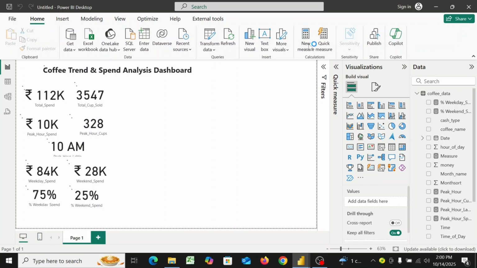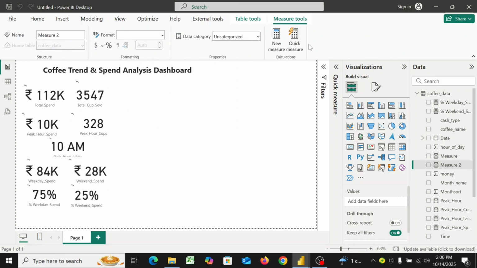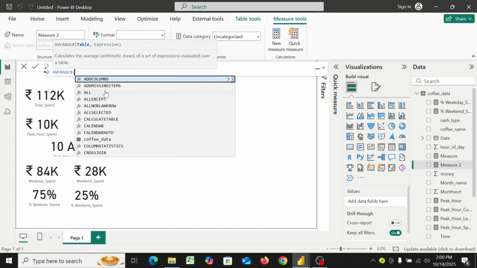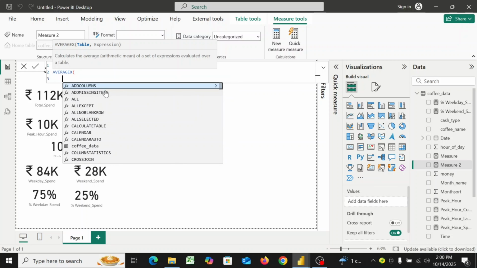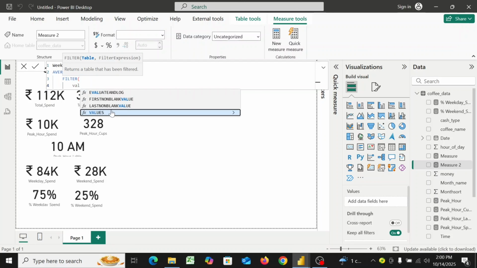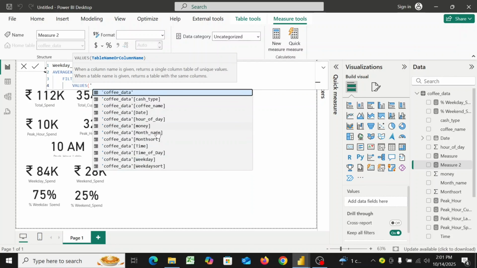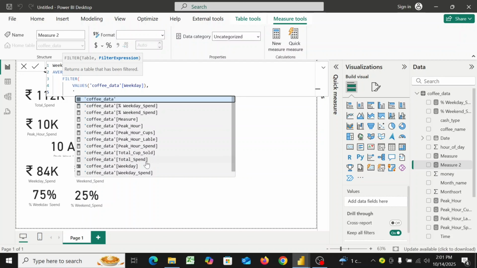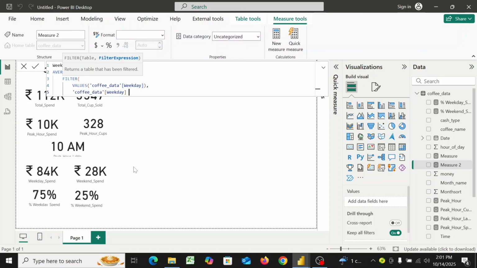Take a new measure to calculate the weekday average spend. Weekday average spend equals, use the average x function, filter the values of column of weekday, close the bracket, select the column of the weekday in